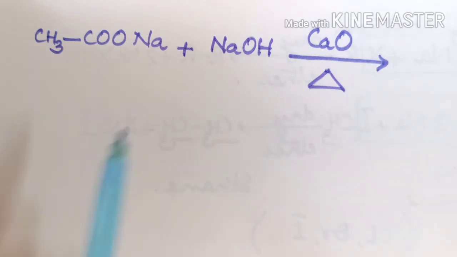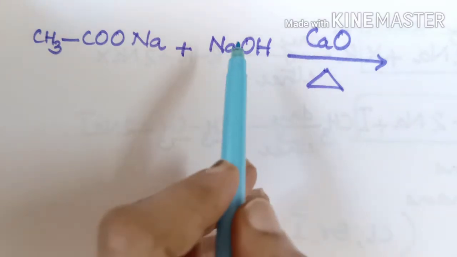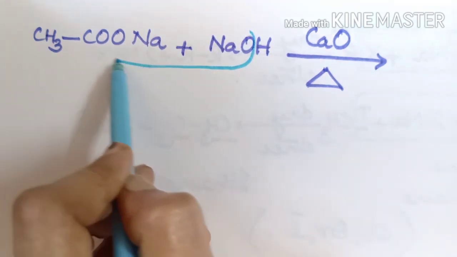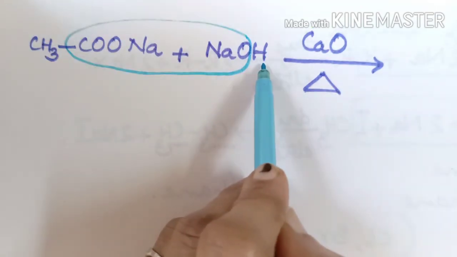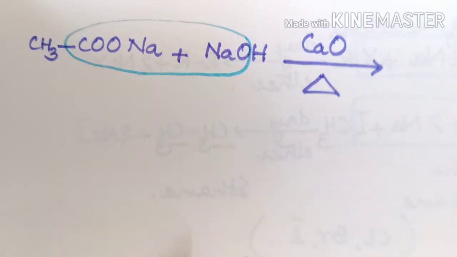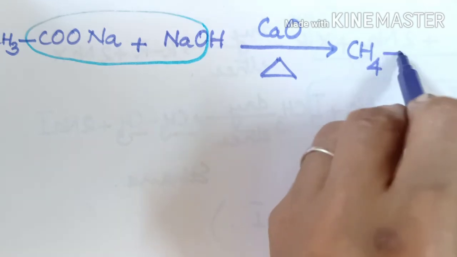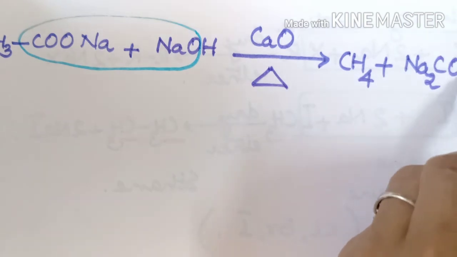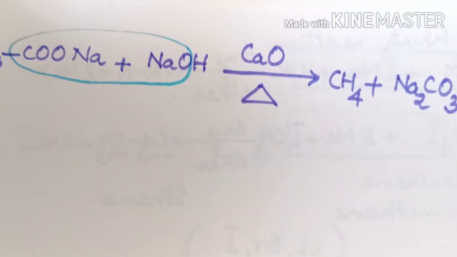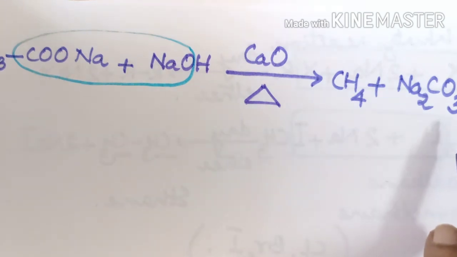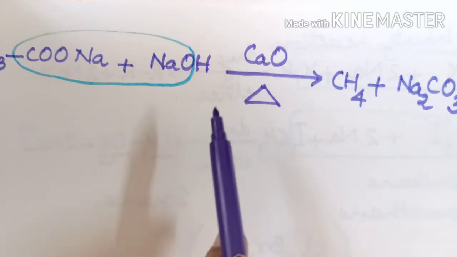So what is happening there? There occurs the decarboxylation reaction. So you can think of the reaction happening like this. H of sodium hydroxide is combining with CH3, resulting in the formation of CH4 plus Na2CO3. So this reaction, we call it decarboxylation reaction, because carbon dioxide is removed as sodium carbonate in the process, and this is effected by treating it